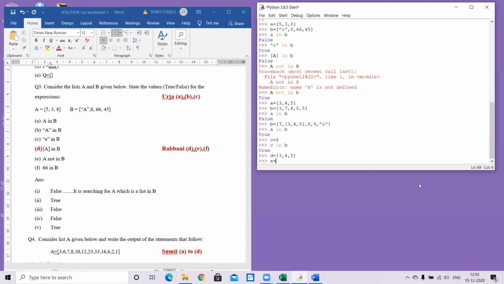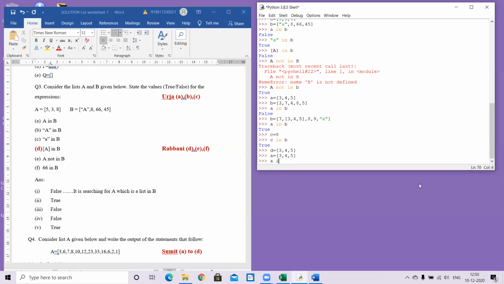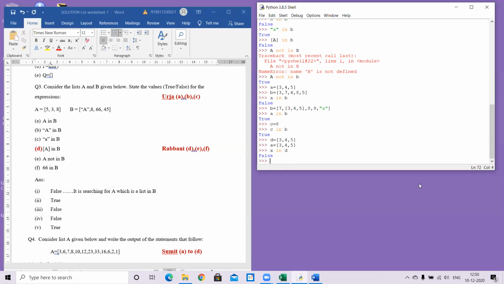A is equal to 3 4 5. Great, that is also one example. So A in D or vice versa is still false, because see what you're trying to search. You're trying to search the contents of A, which is a list. This complete list you're trying to search in D, and this complete list is not there as a list. These elements are there as list elements, but you don't have a complete list like this here.